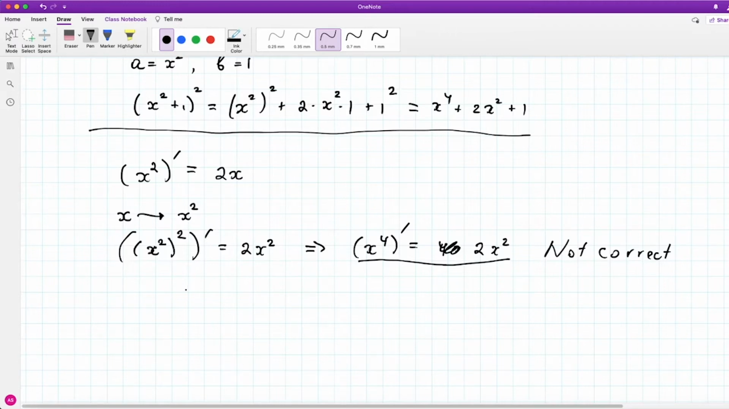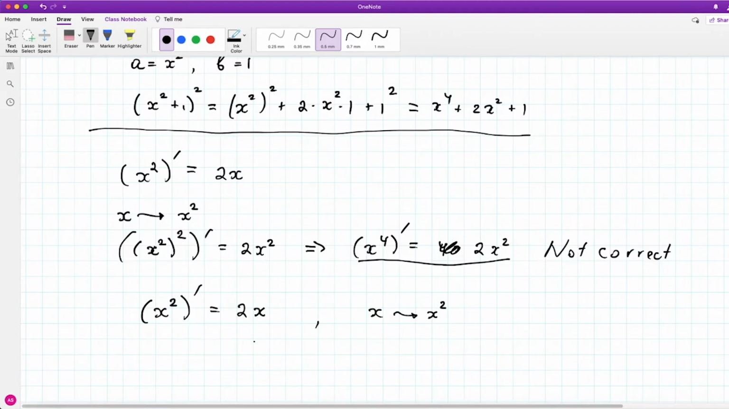So what the chain rule does, it tells us how to correct this incorrect result when making a substitution in the formula for a derivative. What the chain rule says is that if we're starting with the formula containing a derivative of a function which is correct, such as (x²)' = 2x, and suppose we want to make a substitution, such as replacing x with x², then in order to end up with the correct result for the derivative, we need to